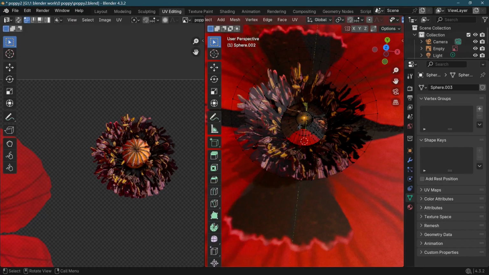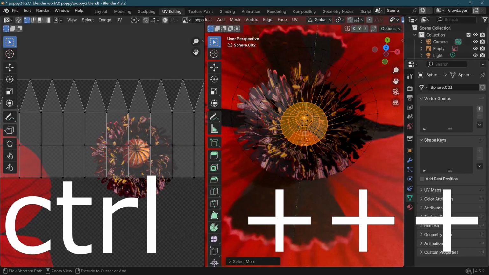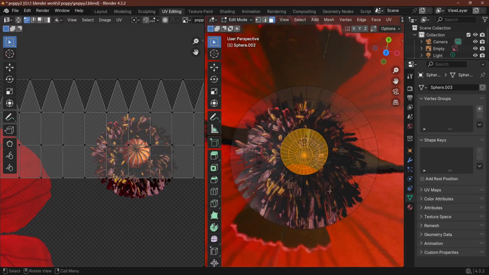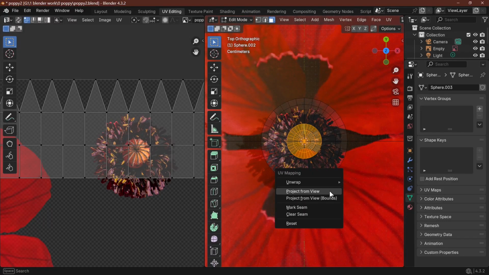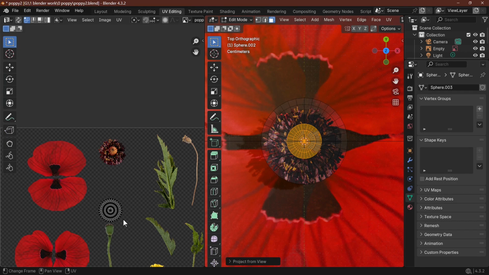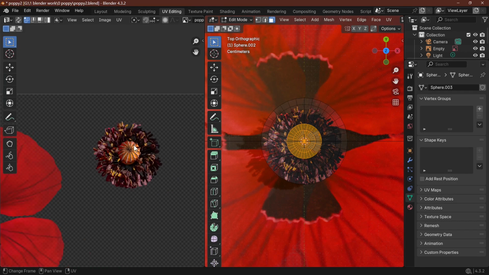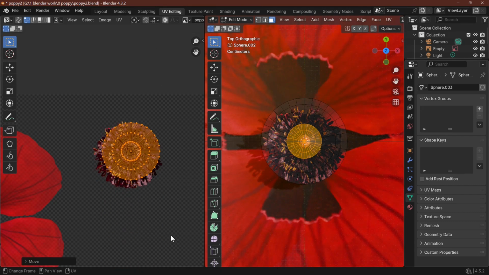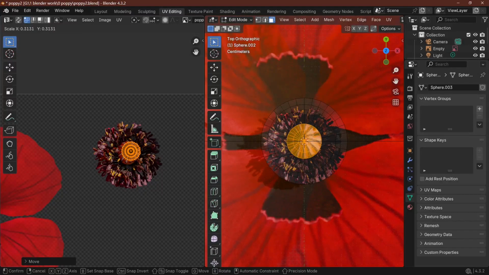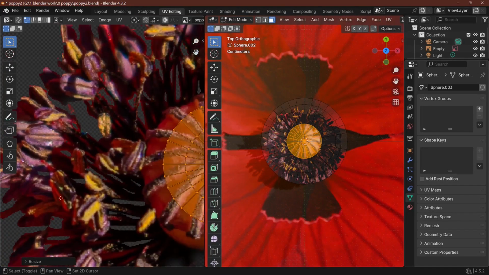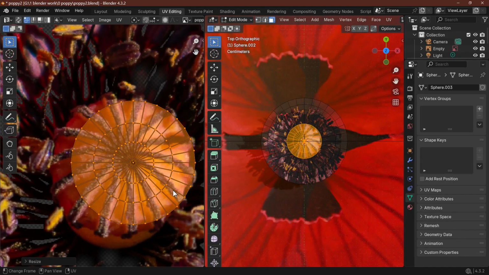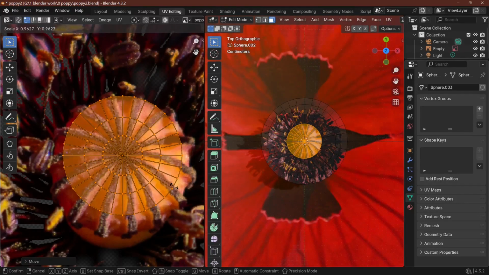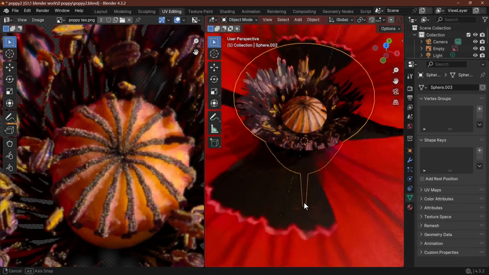Select the top point on there. Just going to go plus, plus, plus, plus, like that. Go on to face select, and I'm just going to press the 7 key and U and project from view again. A to select all, and this is the center of our poppy. So I'm just going to move this up to there, scale it down till it fills it completely. Move it there, and G just to move it there. Scale it down a little bit more, and we've got the center of our poppy